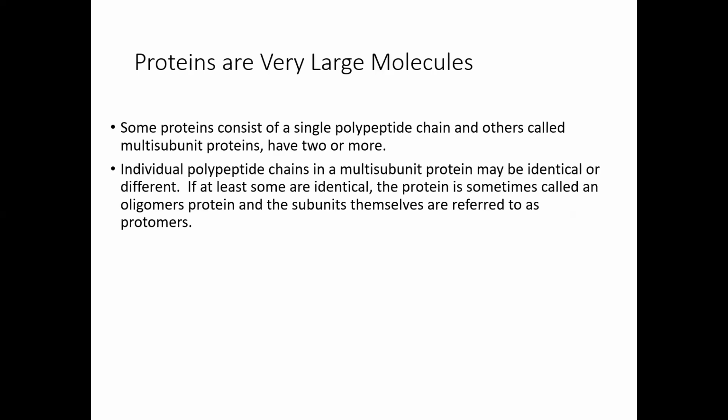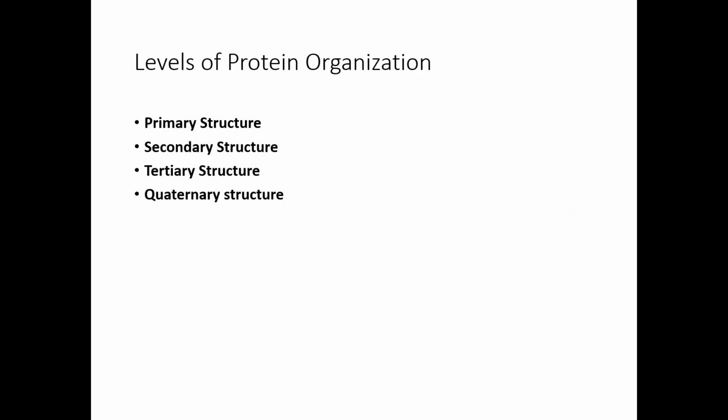So proteins are very large molecules, and some proteins consist of a single polypeptide chain. They have just one polypeptide chain, while others are multimeric, meaning they have multiple polypeptide chains, multi-subunits, two or more. And the individual polypeptide chains in a multi-subunit protein may be either identical or different. So if at least some are identical, the protein is sometimes called an oligomeric protein, and the subunits themselves are referred to as protomers. So on the levels of protein organization, we have 4 different levels: